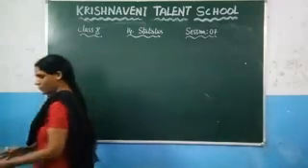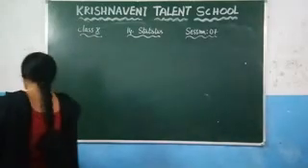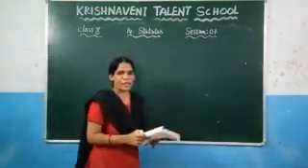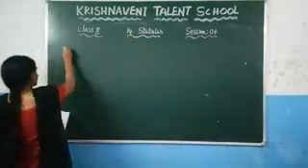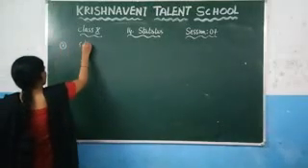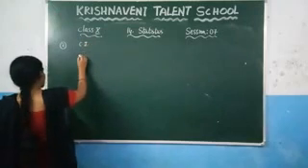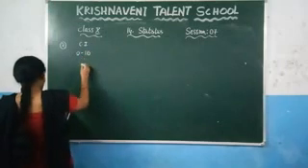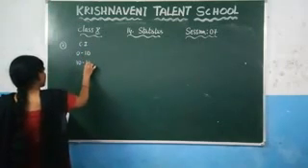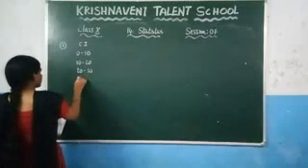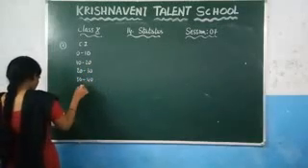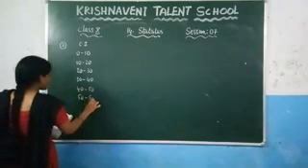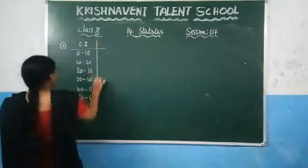This second problem is very important. Here you need to find the value of x and y. Here first write the question, what they have given. The second one, they have given the class intervals which are 0 to 10, 10 to 20, 20 to 30, 30 to 40, 40 to 50, 50 to 60. These are the class intervals they have given, and the frequency values